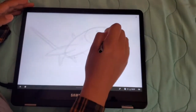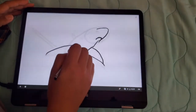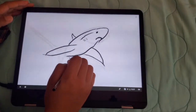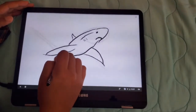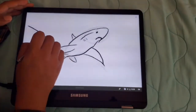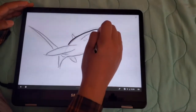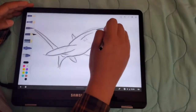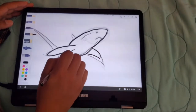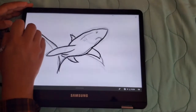Although these sharks, their most interesting feature about them is their tail. Most of their length is from their tail, which is quite interesting. And it's not just for looks, they also use it for hunting. They smack their prey with it and it kind of stuns them, giving them enough chance to get in for that snack. Although they are mostly eating like schools of fish, whatever they can catch, crabs and shrimp, whatever they